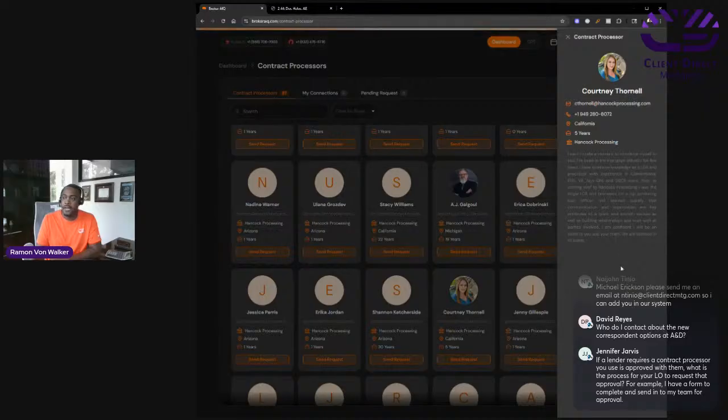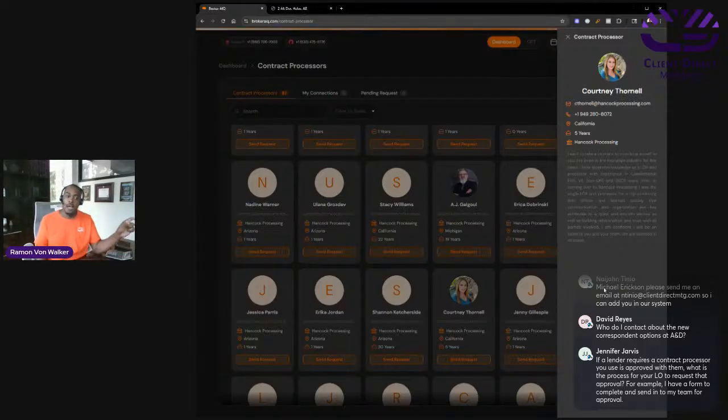And then when they close loans, this is connected to our payroll. So this is not done with Reader or any data source outside of Client Direct Mortgage. When a payroll goes through with a particular contract processor, that loan officer is going to be attached to that contract processor's profile to say that they previously worked together.